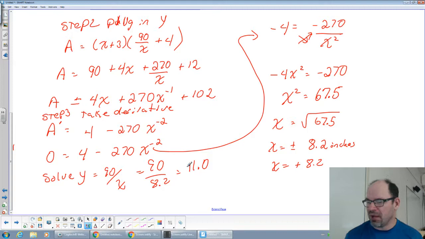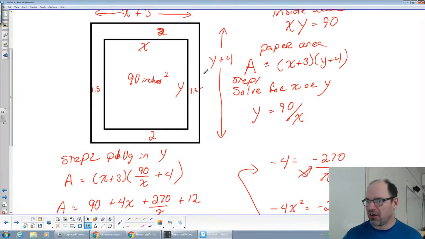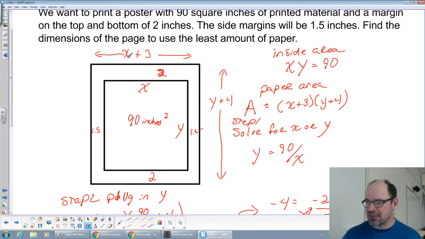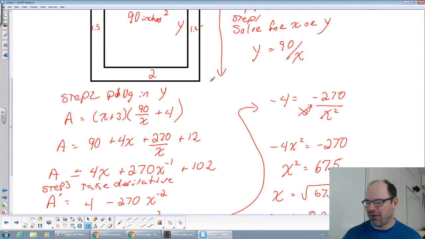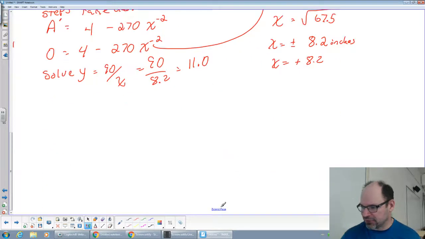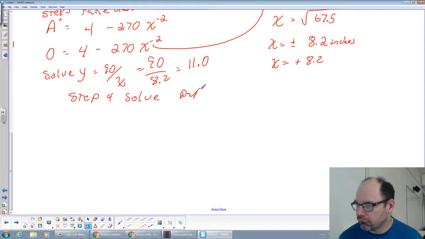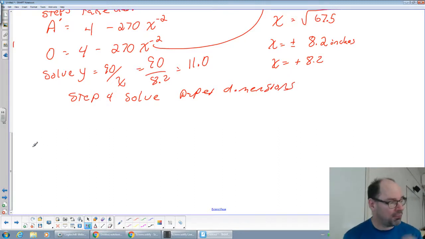Okay, but that's not our dimensions. That's x and y. Let's look at a diagram. The paper is x plus 3 and y plus 4. So your final step is to solve for the dimensions. Okay, so solving the paper dimensions would be x plus 3 equals the width. So that x was